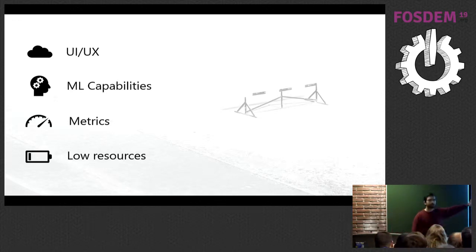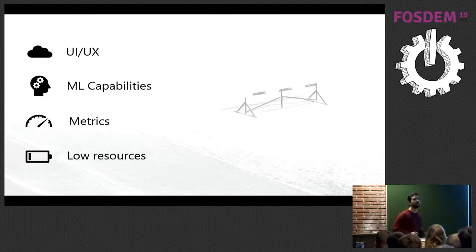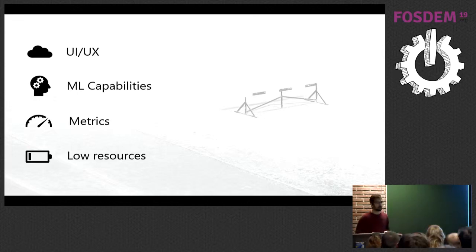Then there are metrics, and I'm going to go into this in the next slide a bit, but in machine learning, you have a loss function. You have something you're trying to optimize. You want to be as accurate at predicting X. You want to have the minimal loss over something. In software engineering, we don't always have that. How do you measure the quality of a project? Yes, there are some metrics, but these are very high-level things. How do you measure things so that you can optimize them with machine learning? Again, that's another big and open problem.